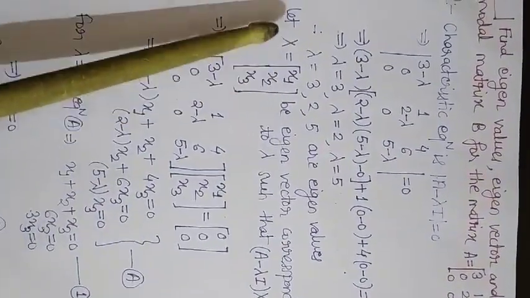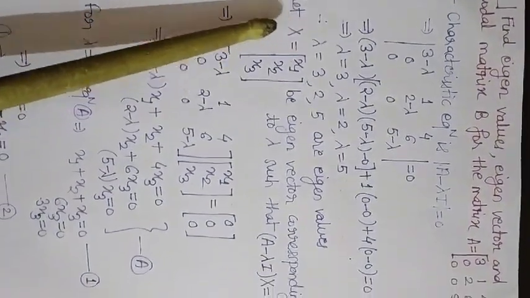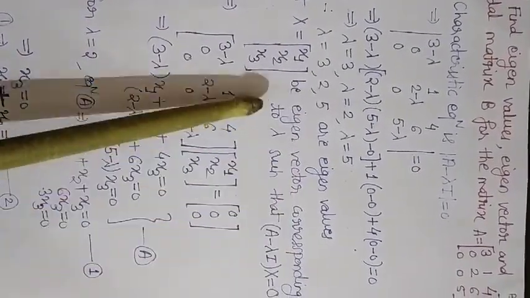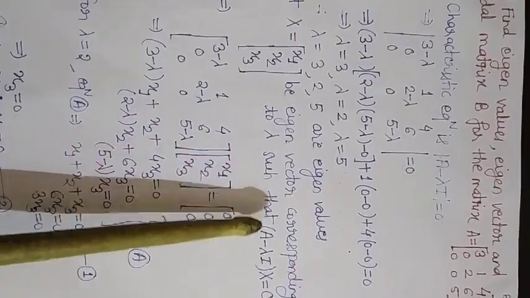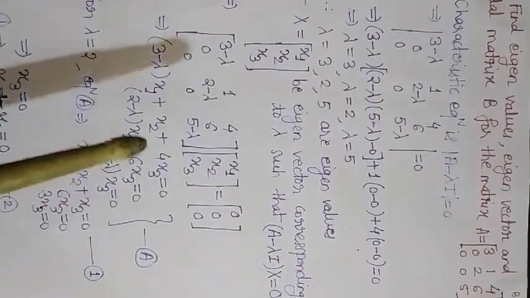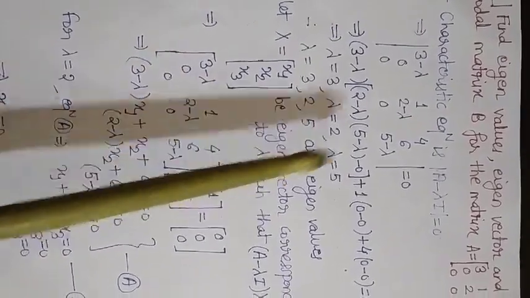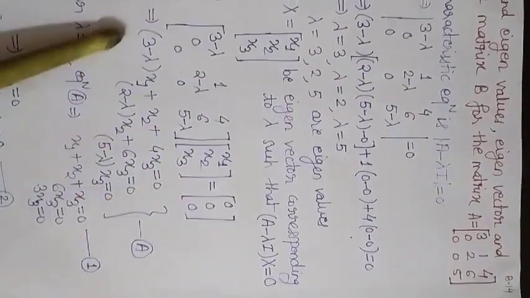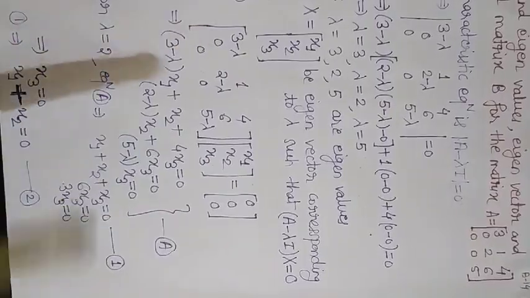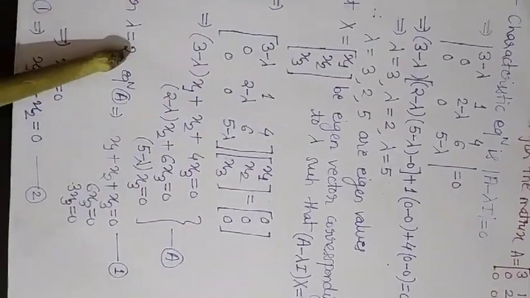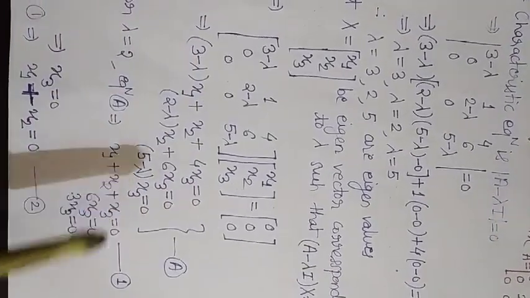Now let us find the eigenvectors. Let X = (x1, x2, x3) be the eigenvector corresponding to lambda such that (A minus lambda I) times X is equal to 0. So 3 minus lambda, 1, 4, and so on; we'll put these matrices and form the system of equations, call it A. Now put one by one the values of lambda. Let us take first lambda as 2. Put lambda as 2 over here.